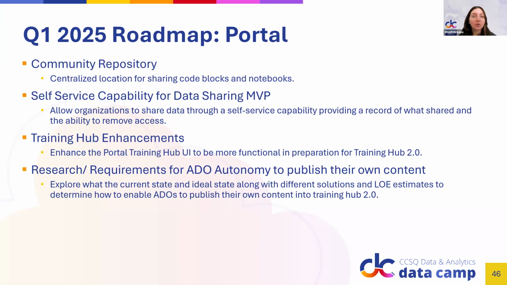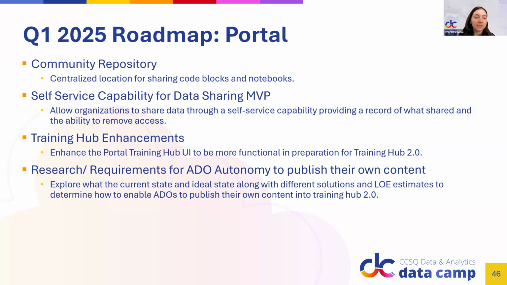All right, and then so our roadmap for the first quarter of 2025 is releasing the community repository, which is a centralized location for sharing code blocks and notebooks. The other one is going to be the self-service capability for data sharing MVP. So this will be the first iteration of it, and it's going to allow organizations to share data through self-service capability and provide a record of what was shared with whom, as well as being able to remove access when